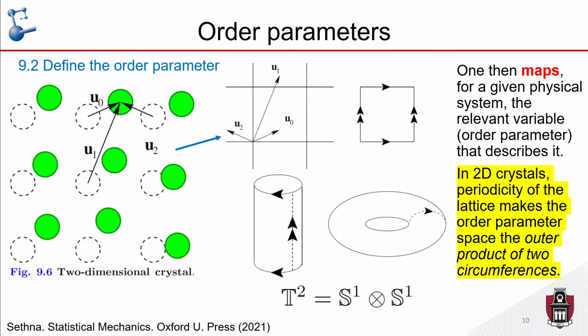This is elasticity theory. So then the order parameter space for these two-dimensional crystals is going to map onto a single unit cell. These conformations that you can see here, U1, U2, and U0, actually map down to the same point